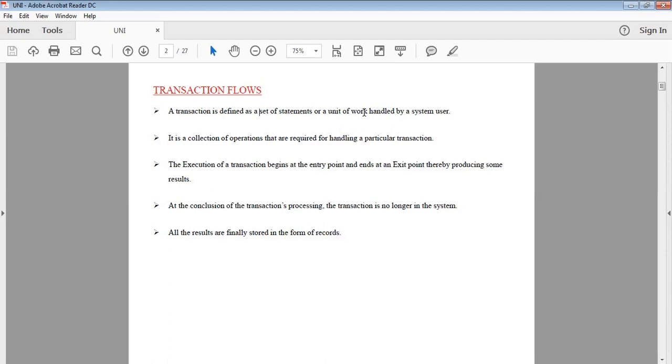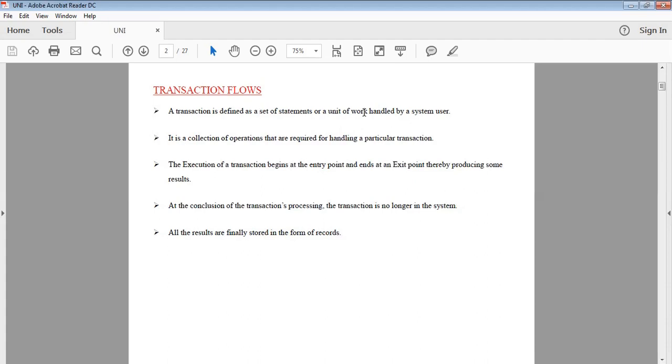When a single transaction is performed, it includes a set of operations. A transaction is a collection of operations required for handling a particular transaction. When a transaction is executed, it contains an entry point and an exit point.